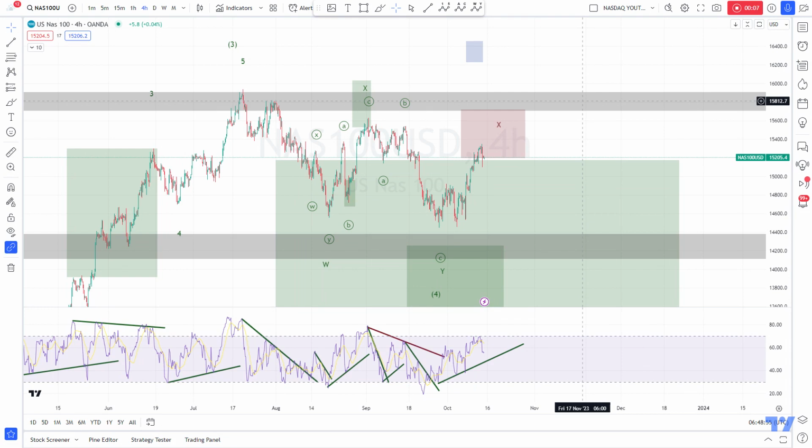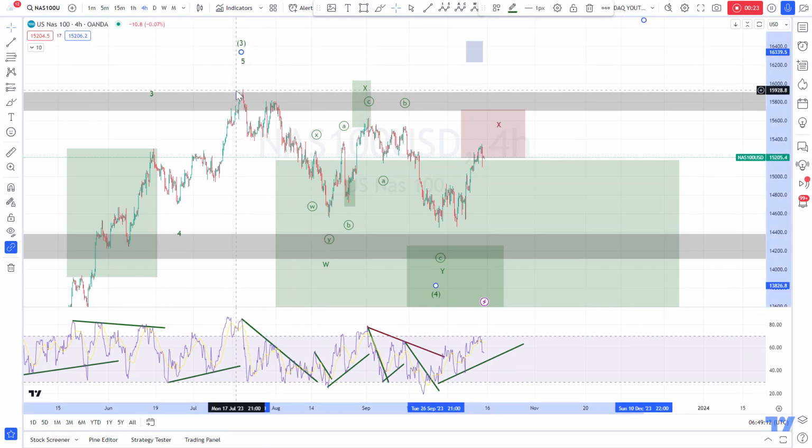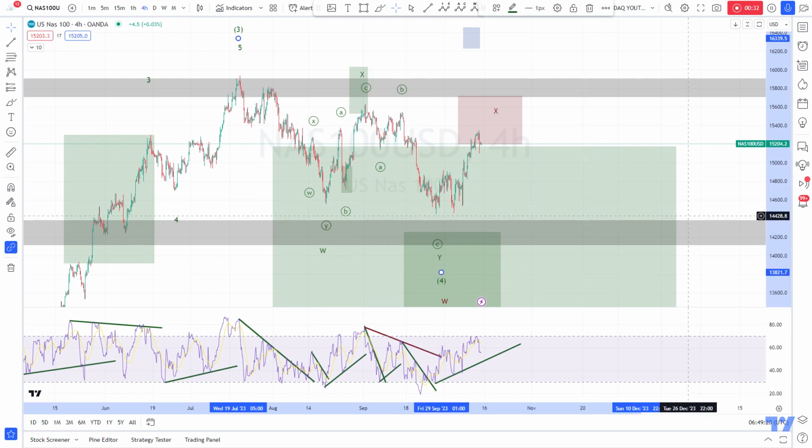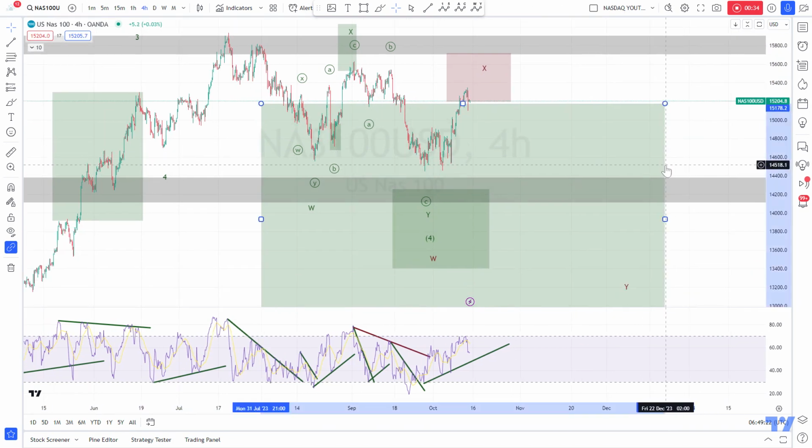Time is around 6:45 GMT, and we will have a look at the NASDAQ futures on the Wanda platform. So here we are looking at the 4-hour chart, and the idea is that the Nasdaq finished a wave 3 right here, wave 3 in the higher degree, and that we are currently working on a corrective structure. So a corrective structure to make this wave 4 low, and so actually this here is the wave 4 area,